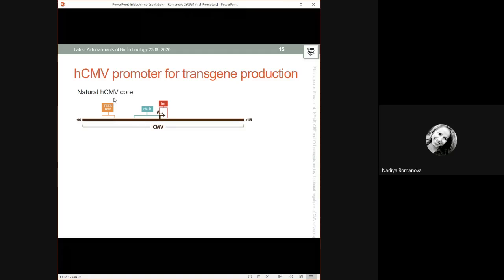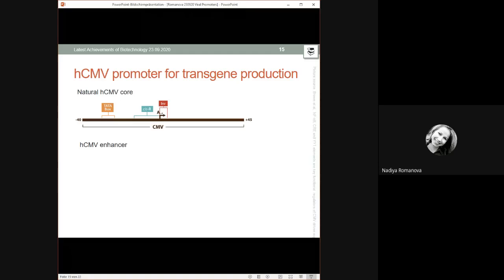Here we have the TATA box. It's actually present in the natural CMV. So this virus decided to keep the TATA box, but the TATA box is not explicitly needed for a transcription start. And the CISR region is used for the viral replication, so it does not play a significant role in the mammalian production. So the core promoter of the CMV is nothing special, but what about the other promoter